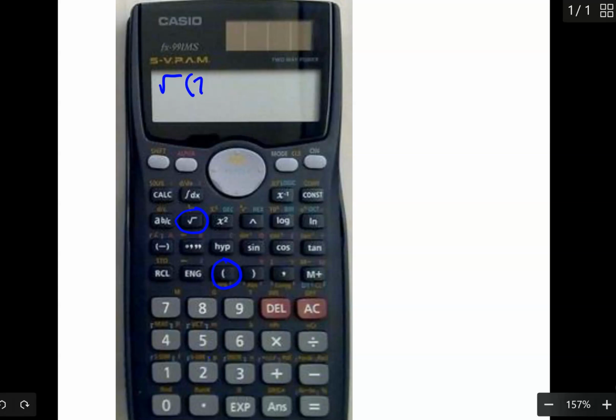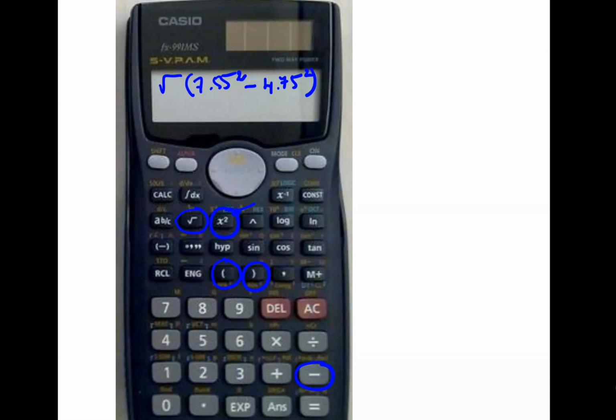And I put in 7.55. Press this key x squared to get the x squared. Press the subtraction sign and key in 4.75. And I square that. Press this key again so that I can have a square there. Now don't forget to close the bracket. Now press the equal sign. I should have